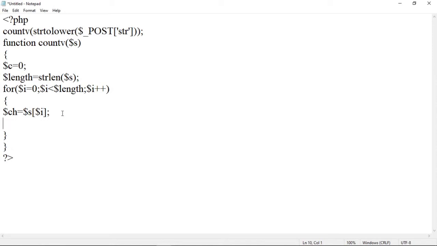Now we will use an if structure to check whether that ch contains a, e, i, o or u. So here we have to check whether it is a small a. Here we should use $ch.